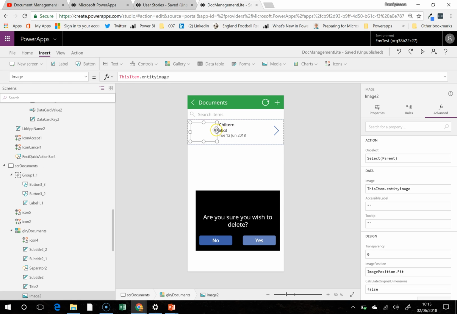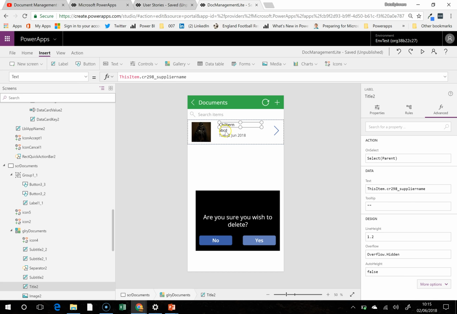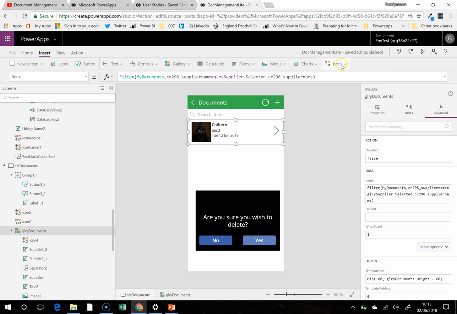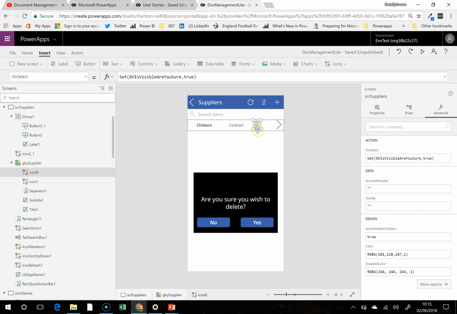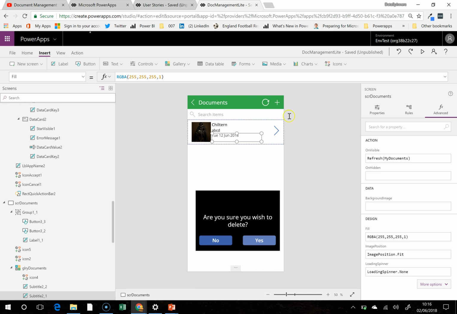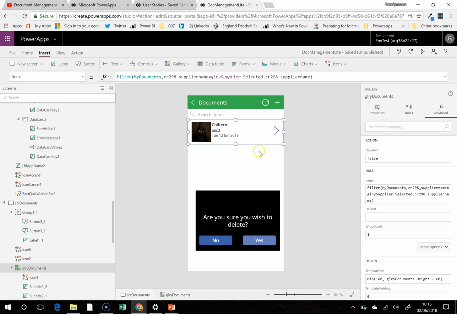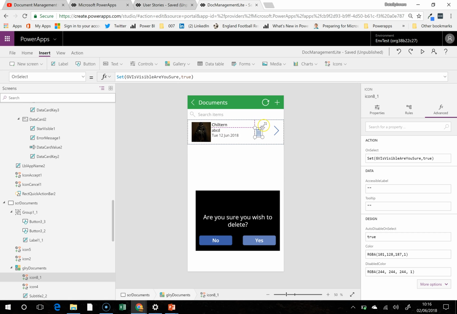Not sure if this is a good idea, but I'm going to do it anyway. Move these across to the left, and I'm going to insert icon. In fact, I'm going to borrow the one from the other page because it's got quite a few bits and pieces. Icon 8. I'm going to copy that. I'm going to move through to this page here, and I'm going to go on to here, and I'm going to paste it in, move this little bad boy across,